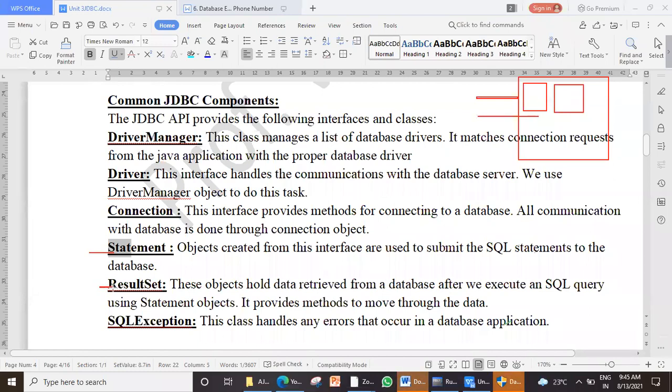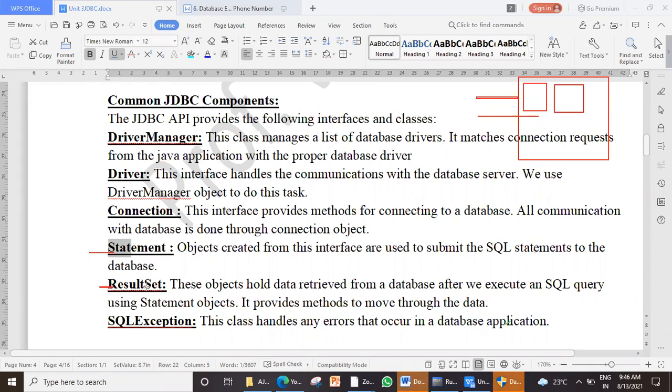Result set is a temporary class which exists in your Java application to store the result which is fetched from your Oracle. So for the result set class, you have to create its object to store the data. Again, they are of different types.